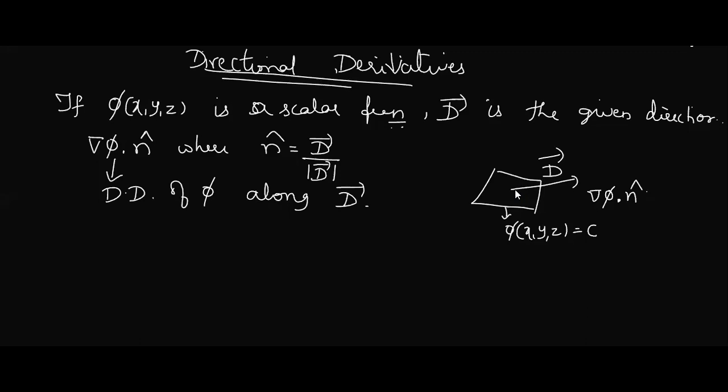Now we have one important theorem. We will not derive it, but it is useful for the examples. Now suppose this is the surface, try to understand. From this scalar function, if you want to take the geometrical part of it, you can construct one surface. Here D is some direction, like that A may be a direction, B may be some direction. So here I have one vector which is perpendicular to this surface.